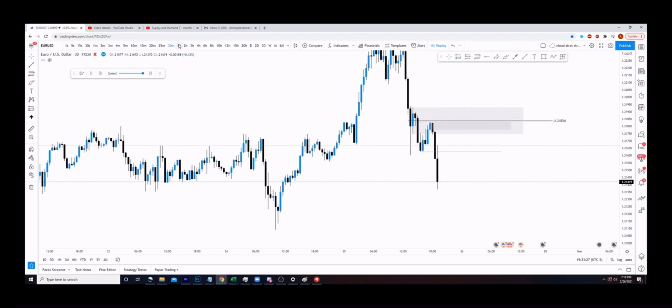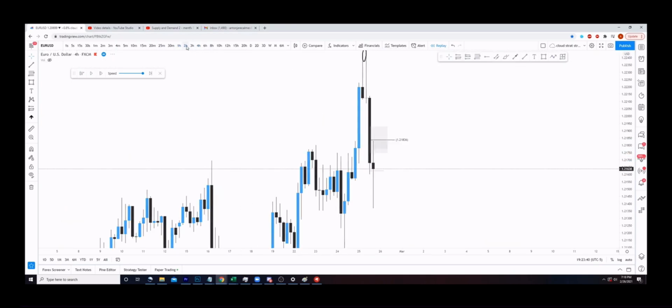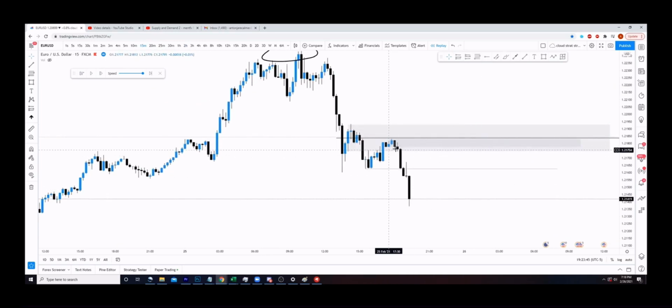So again, if you were looking at a higher time frame, you'll notice that actually there was a beautiful demand supply zone right here that formed off that supply zone that actually did not get mitigated here. So maybe if you went a little bit higher, right? No, not even, maybe a 2 hour. Okay, so nothing there. So we can actually continue operating on the 15-minute, still expecting price to maybe come to